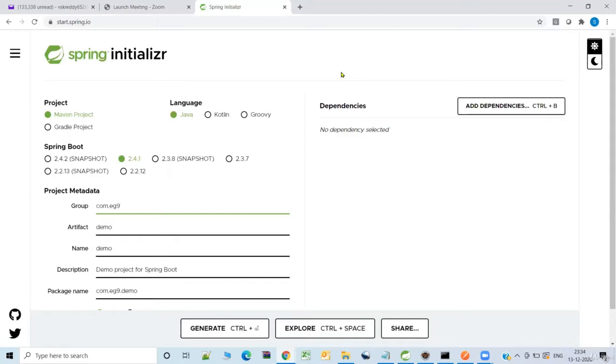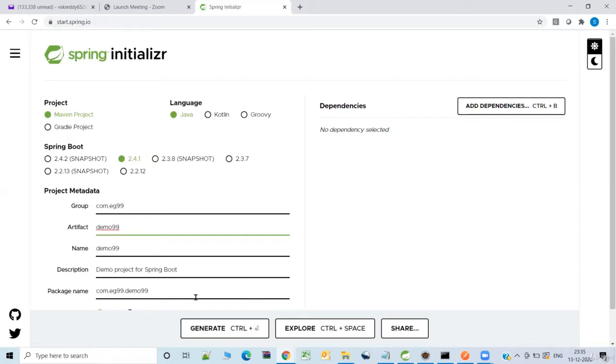per the expectation. So I'm just in the Spring Initializer, that is start.spring.io. I'm just giving the group as double line. You can select Maven project as the build tool, and you can have Java, and it is selected as 2.4.1, the Spring Boot version. As already known, the Spring Boot version and the Spring version both are different.